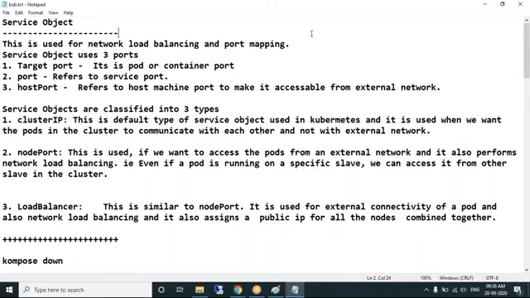Replica set does not help in performing network load balance. It just creates number of pods, but the balancing should be done by using a service object. So one more high level object we are learning, a service object. Service object uses 3 ports: target port,